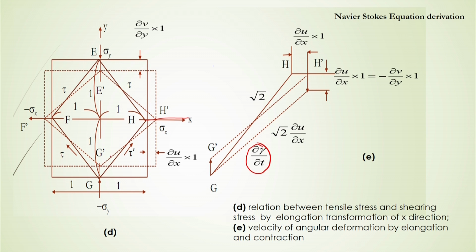So, here we represent the unit length as 1. If after elongation the position is like this, and before elongation it is like this, then you will see the formation of this elongation with time t. So, this will be represented by ∂γ/∂t. We will show later on how this elongation is related to the velocity. Later on we will derive it. Okay. First of all, we try to understand what this actually is.